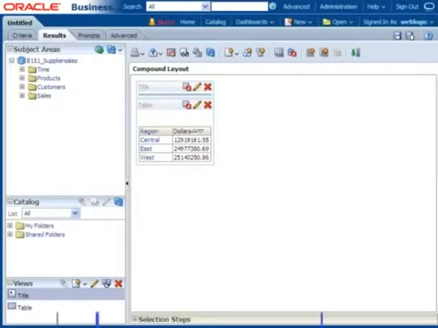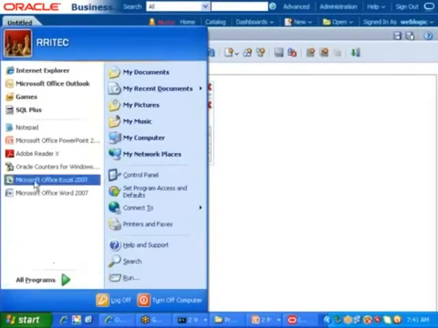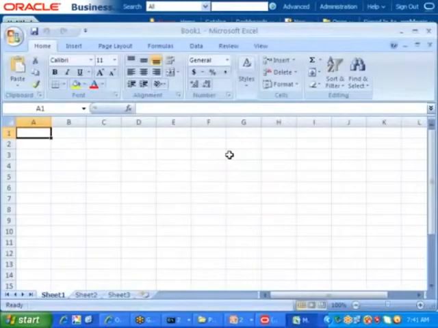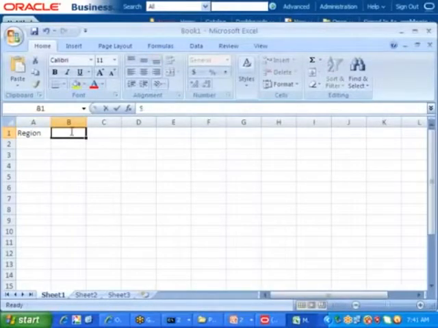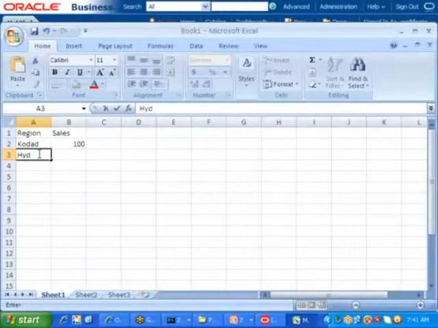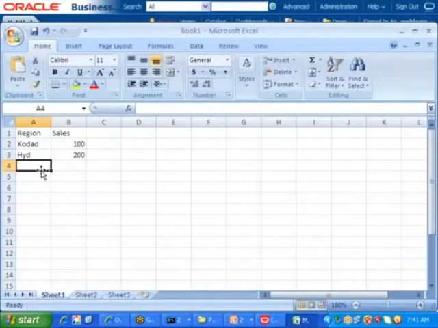How to calculate, sir? Let me give simple numbers so that you will know clearly. I am going to the Excel sheet. This is, let us say, my region. This is, let us say, my sales. My region is, let us say, my village, Kodada. And my sales is, let us say, 100 rupees. And this is, let us say, Hyderabad. Then this is, let us say, 200 rupees. Next one, this is, let us say, Vijayawada. This sales is, let us say, one more 100 rupees. Like this, I have given the data.